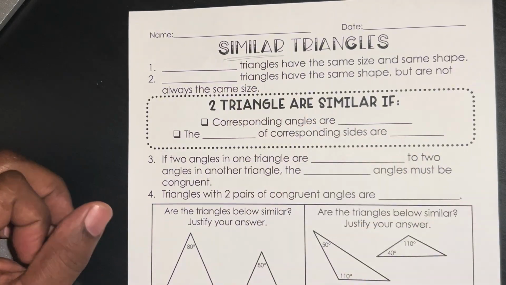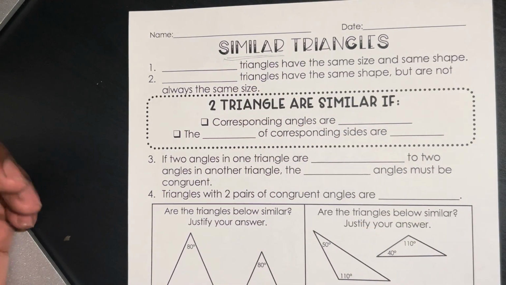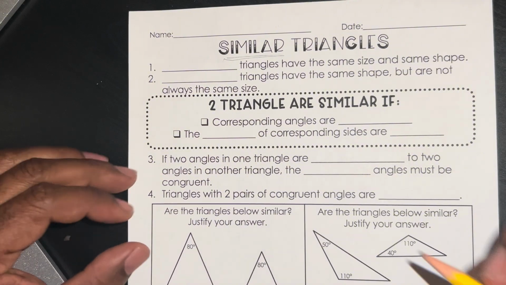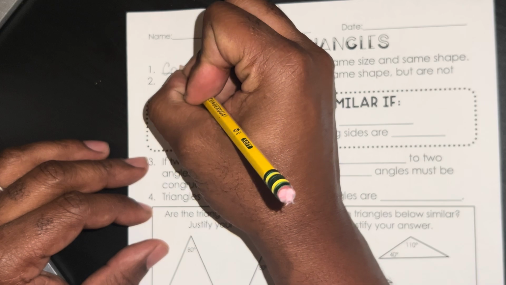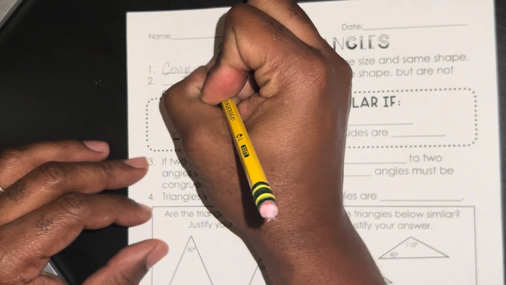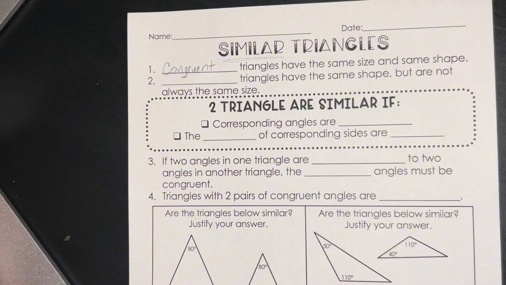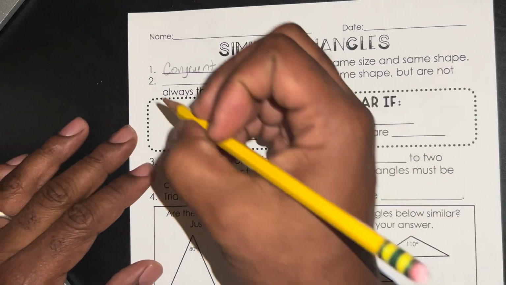We talked about congruent triangles before. Congruent triangles are triangles that have the same shape and size. So congruent goes here. Basically, congruent means that they're the same. So congruent triangles have the same shape and size, but this lesson is on